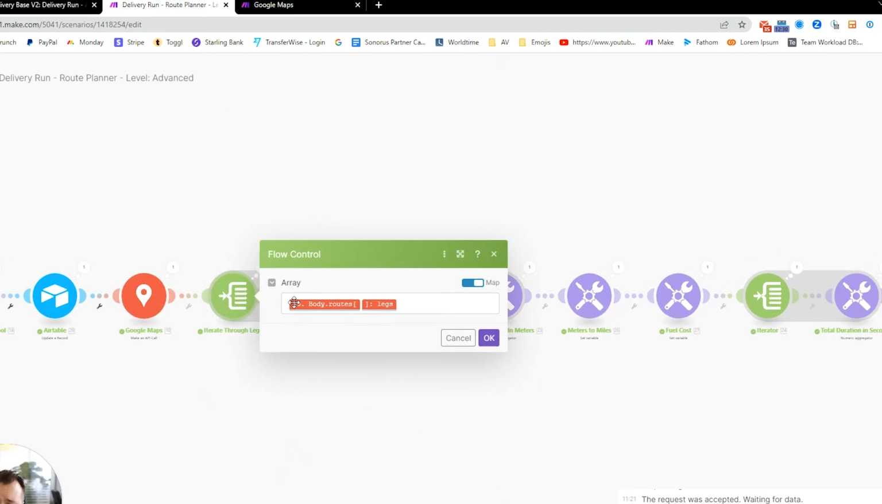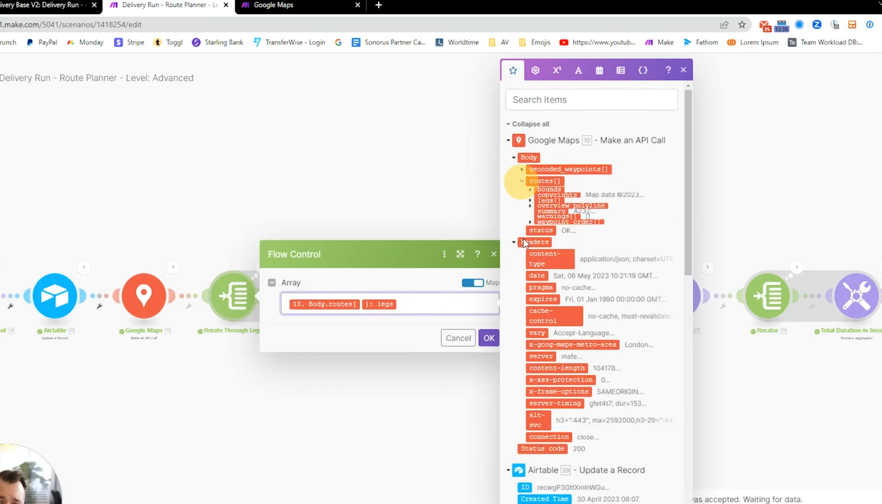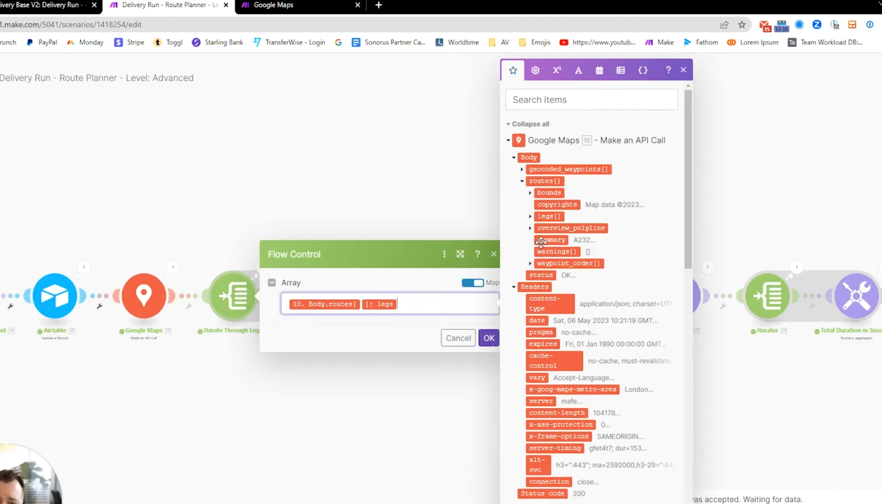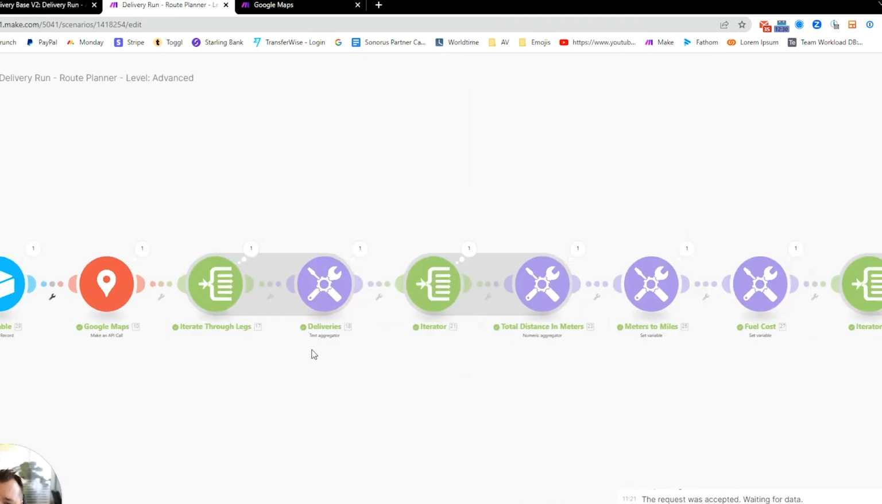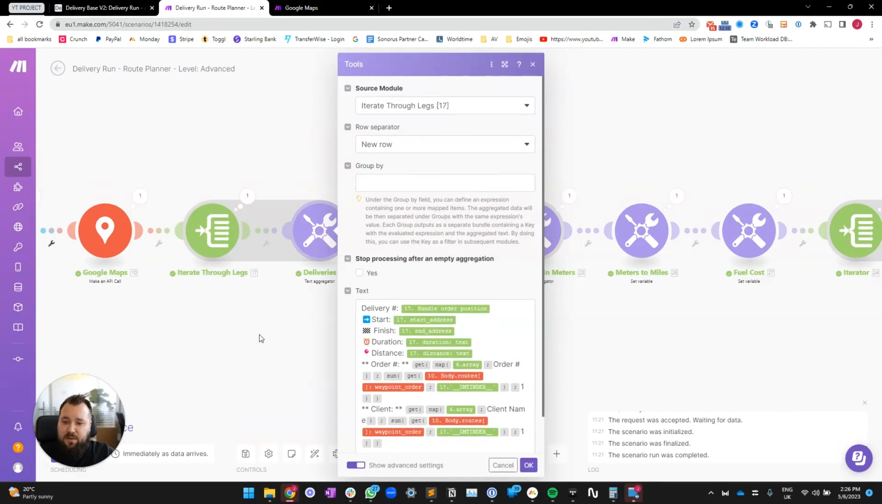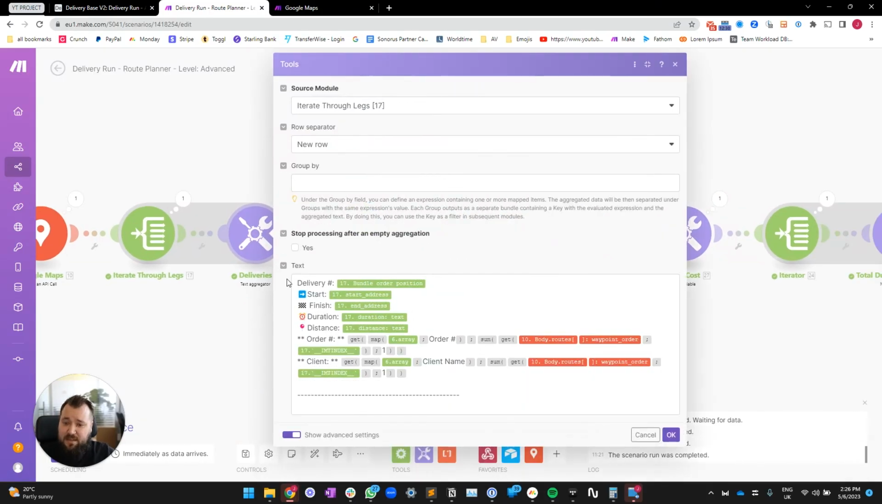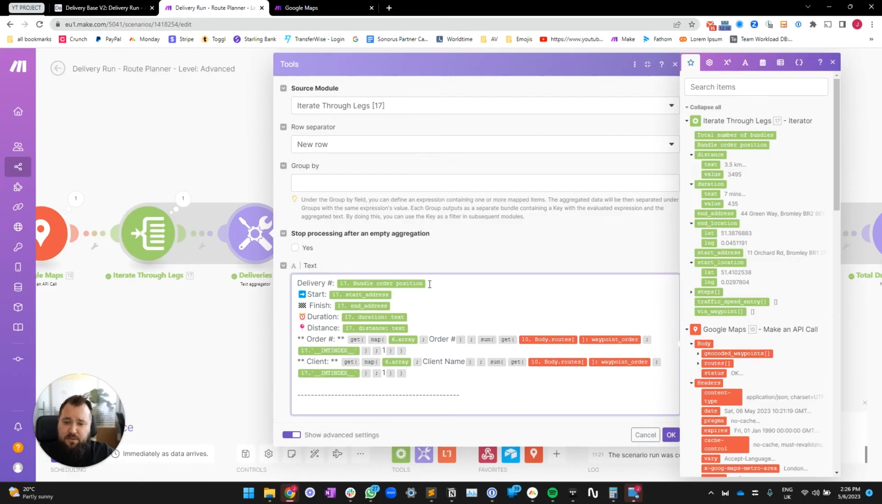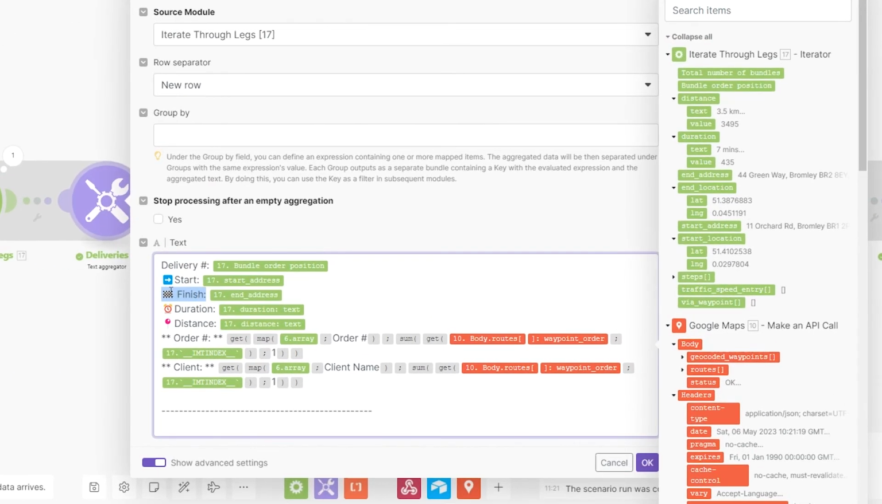Then the next step is to iterate through the legs. Just find the legs. I think that's in routes, legs, that's that. So iterate through that. And then we have to aggregate our deliveries. And this is what this looks like. This is how I've set this up. Delivery, then the bundle order position from 17. Start with a little blue arrow emoji, the start address, the finish, a little checkered flag emoji with the finish address from 17, the duration text,